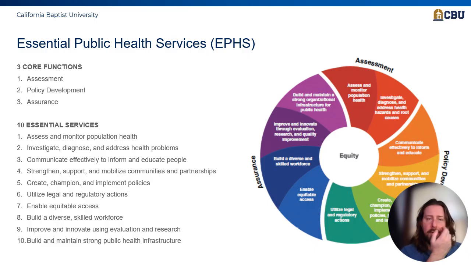We have to strengthen, as one of the other services, strengthening, supporting, mobilizing communities and partnerships. This one is essential to public health and emergency response in particular. There's no better way to build a resilient community, which we'll talk more about, what that means, resiliency, than to have a good network, a social network of partnerships between agencies. And then we'll talk more about